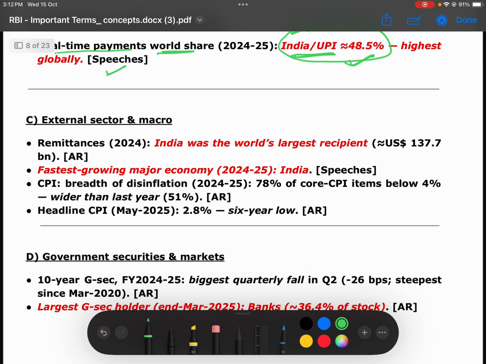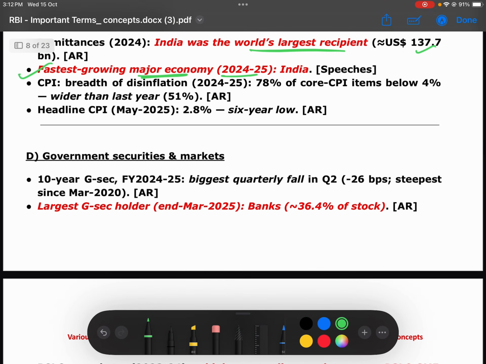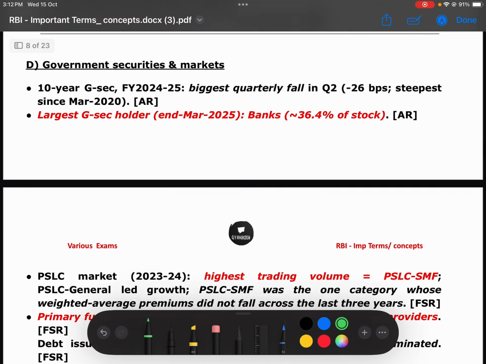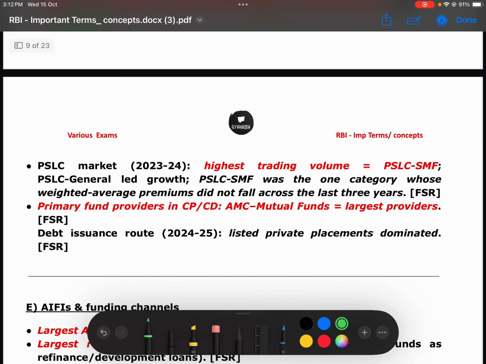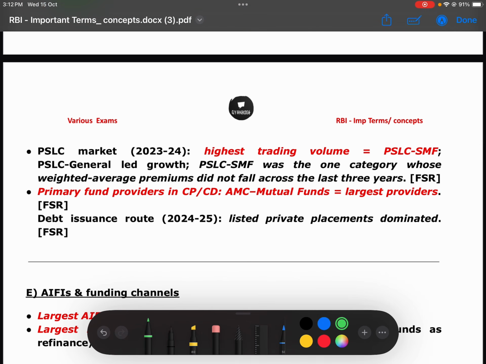Then again, one superlative thing: India was the largest recipient of remittances. The amount you may or may not remember, but India was the largest one. Also, India is the fastest growing major economy of 2024-25. The largest GSEC holder is banks. And in case of the PSLC market,